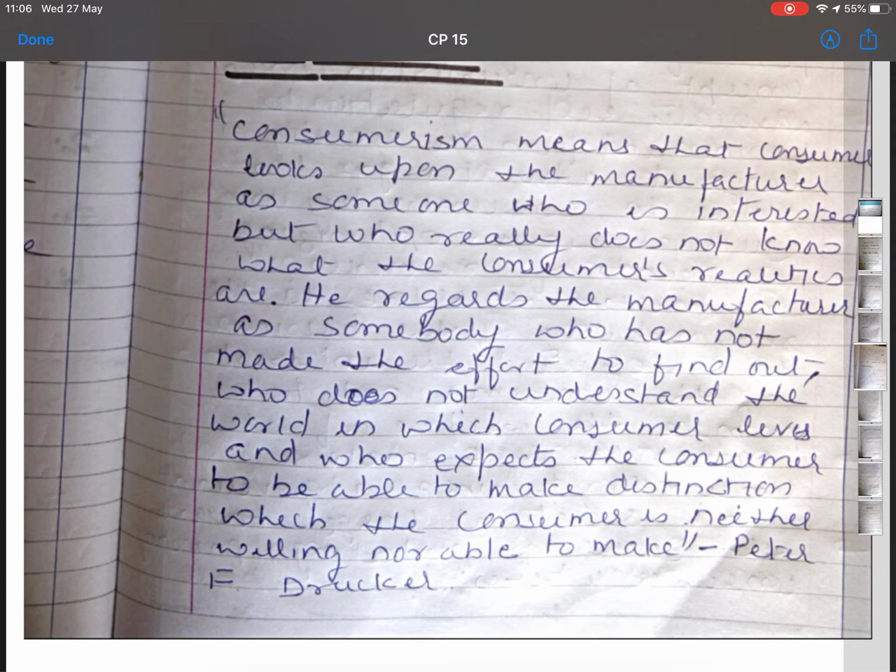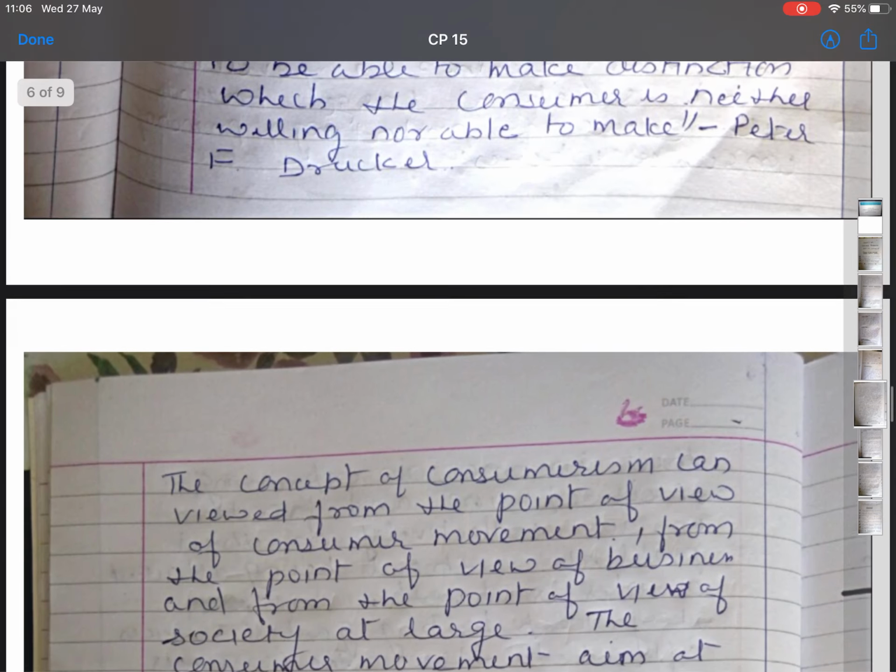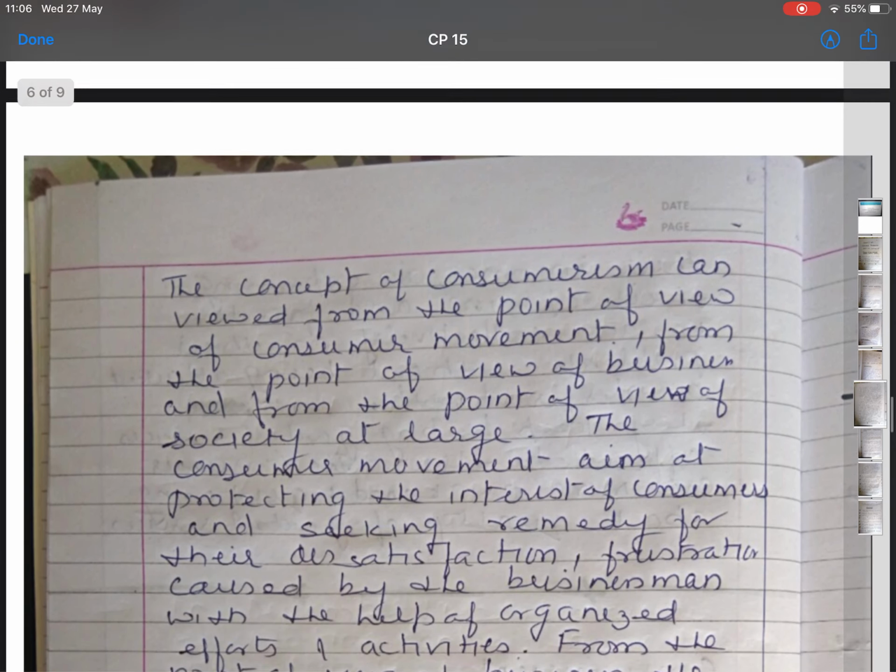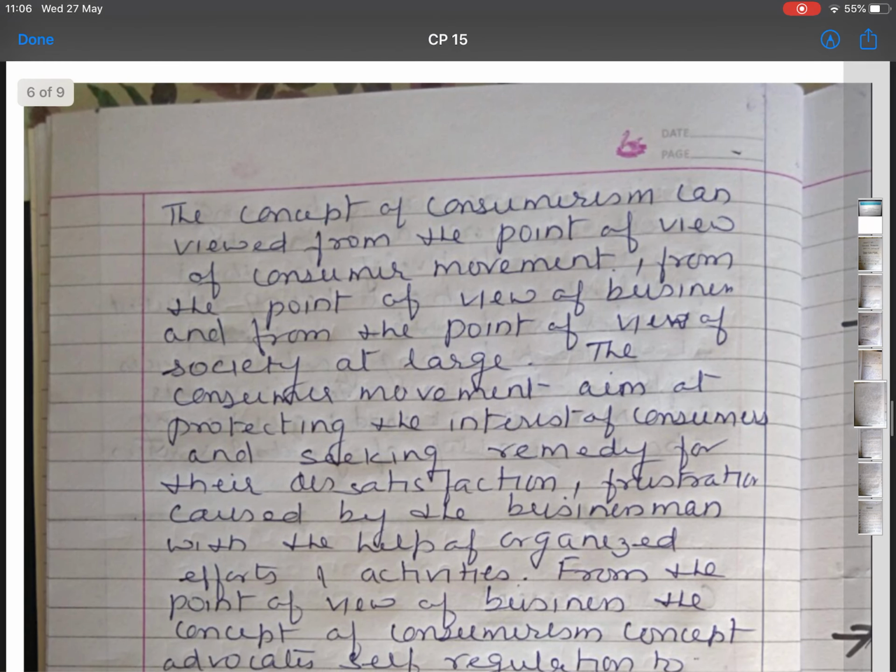In 1970, Cravens and Hill said that consumerism is a social force within the environment designed to aid and protect the consumer by exerting legal, moral, and economic pressure on the business. Now, from the above definitions by different management gurus,